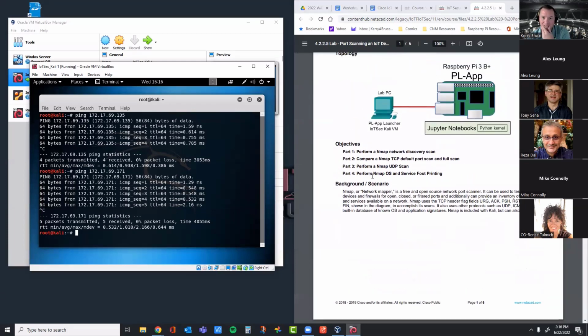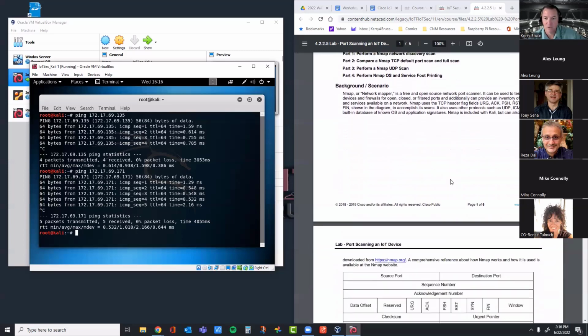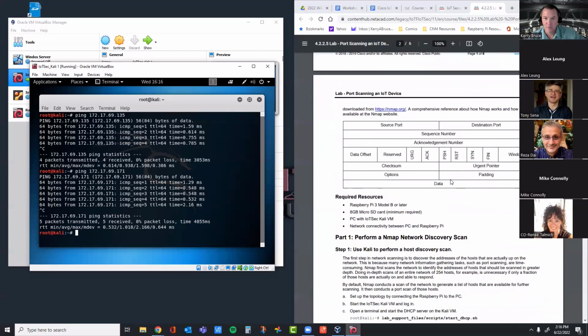So the objectives, we got 4 parts here. Perform Nmap network discovery scans, compare an Nmap TCP default port scan and a full scan, perform an Nmap UDP scan, and then perform an Nmap OS and service footprinting. Okay, so awesome. We're going to play with